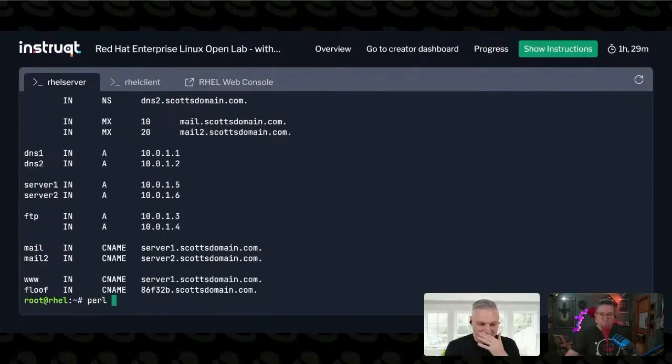So perl -pi, which is an in-place edit, and -e is the edit that I want to perform. Just like we do with sed, we use our substitution. Let's do com dot with org dot. What's really cool with Perl is you can actually do multiple edits on the same line. So we could also do 10.0 dot with